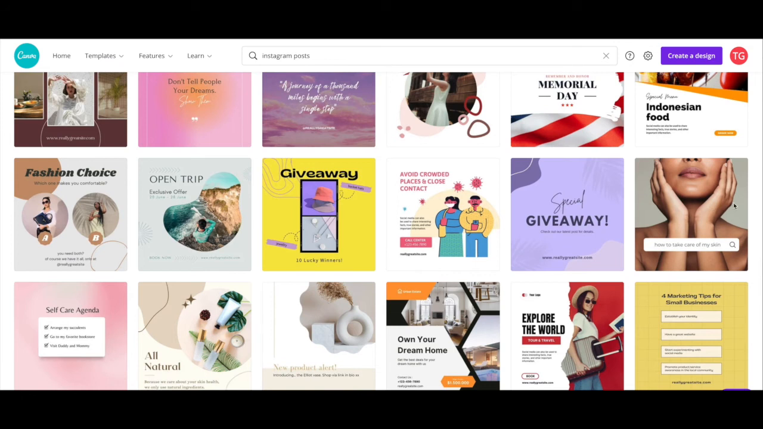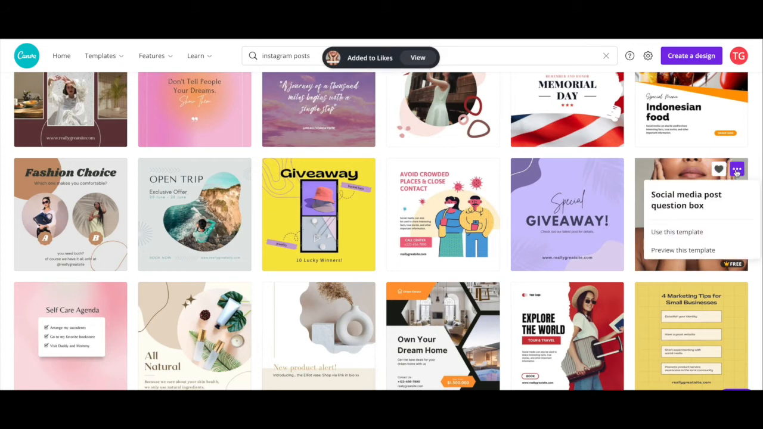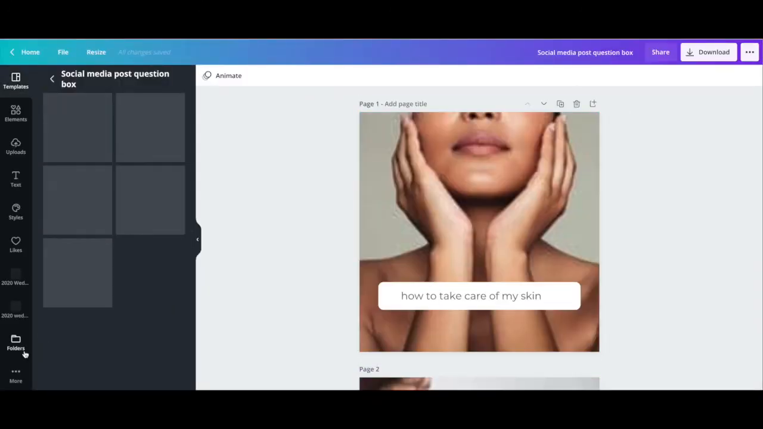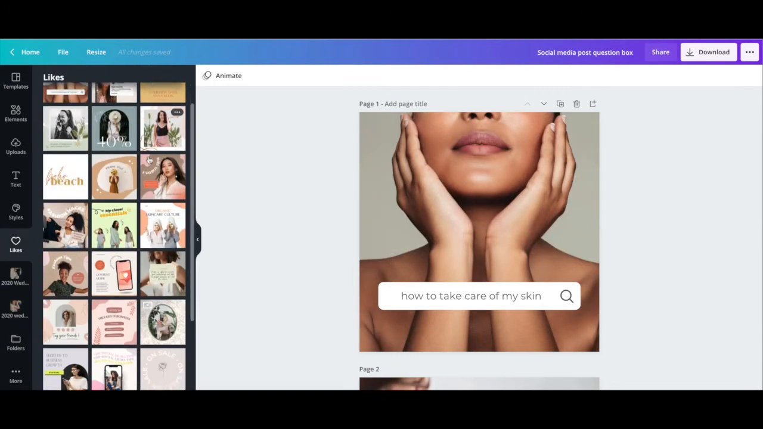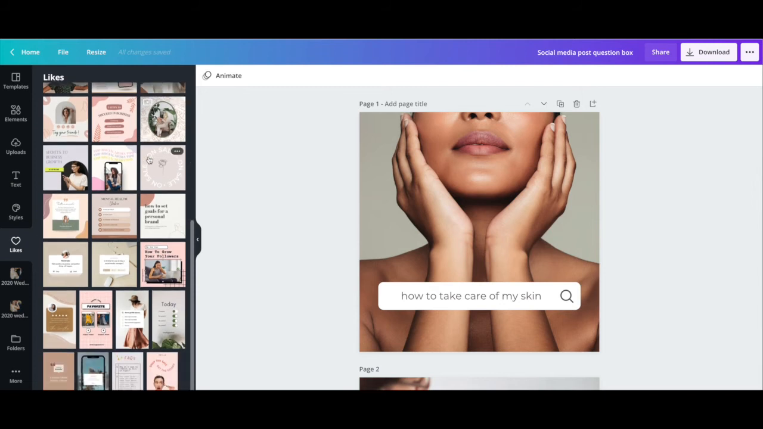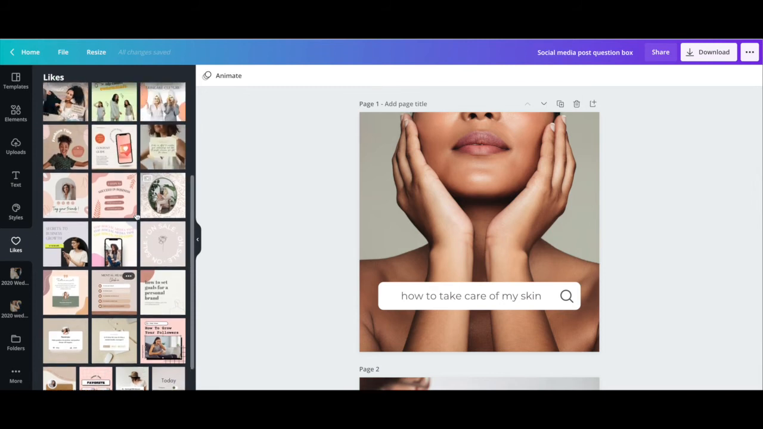If I find something I like, I'm like, ooh, this is a cool vibe. I can then like this and save it for later. In addition, I can then use this template or, for example, go up to see those likes. So let's just use it quickly. And then what'll happen is I can go into my folders and I can find my likes and I find all these templates that I've saved so that I can keep them in one place